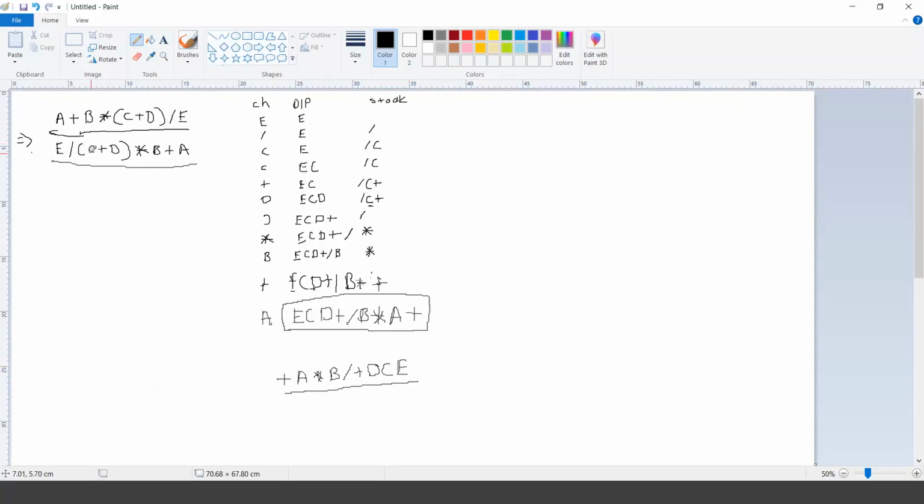here one mistake I've made. Here I should not write CD. Here I should write D and C. So I have to just interchange the position of C and D to DC. This is the mistake that we have made. Okay. So let me correct it here. It's DC. It's D and C. Only the things change here. So similarly, here I have to write in the reverse order. I'll get C first.